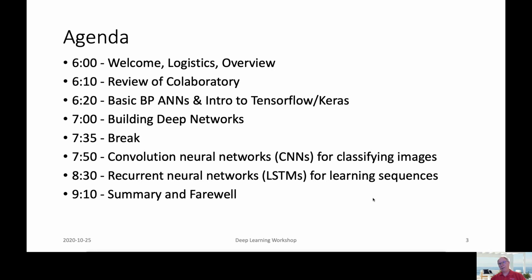Then we'll get into what deep learning networks are all about. We're going to take a little break, a bit of a stretch, because it's a 3-hour session. Then we will start talking about convolutional neural networks, and finally, recurrent neural networks, which deal with learning time series. So that's the plan.